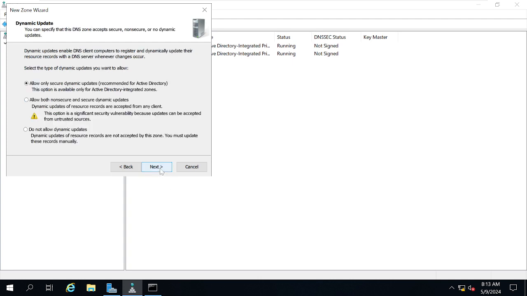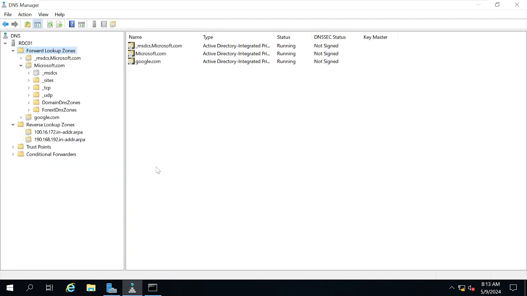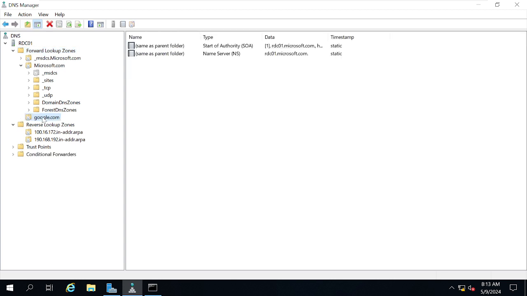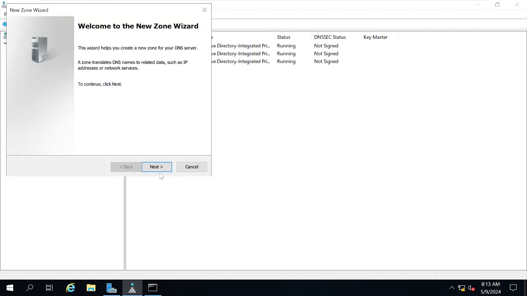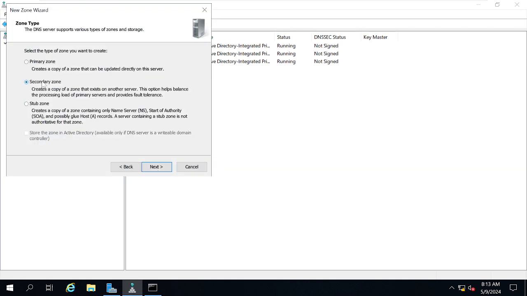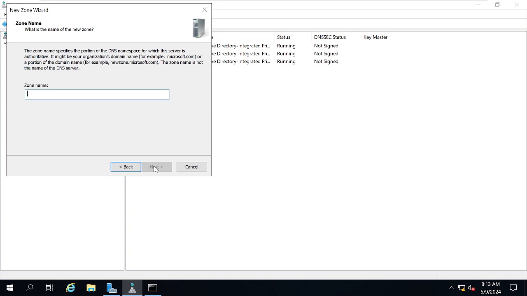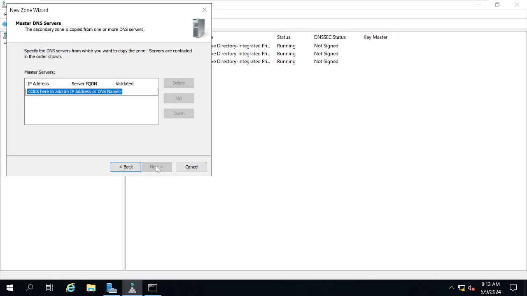Okay, it will ask you for the entry. See, Google.com is created here. Okay, for secondary, you can right click here, new zone. Instead of primary zone, you can create the secondary zone like this. Zone name maybe Sony.com. Here you have to give the IP address.